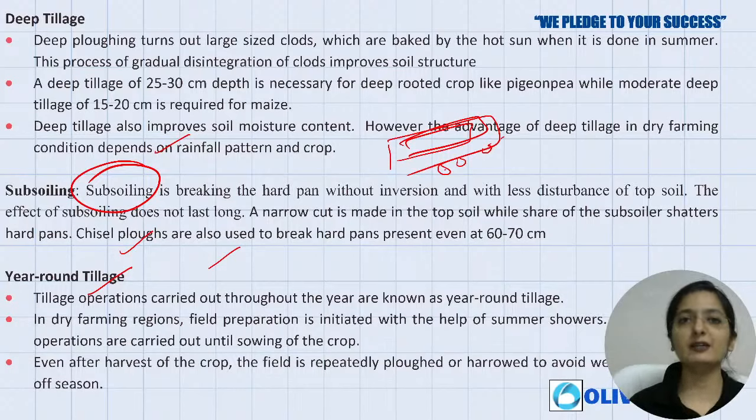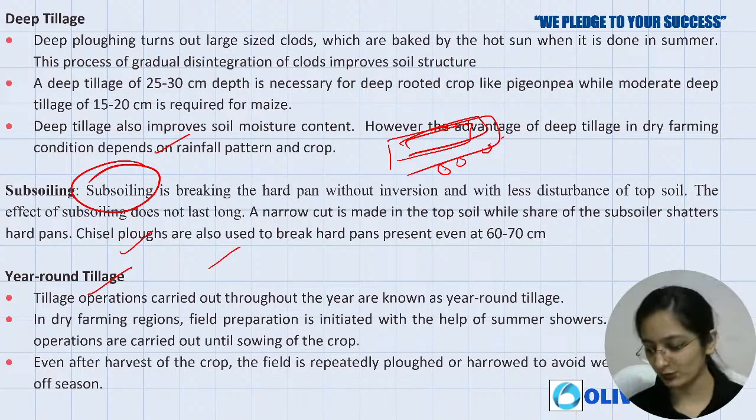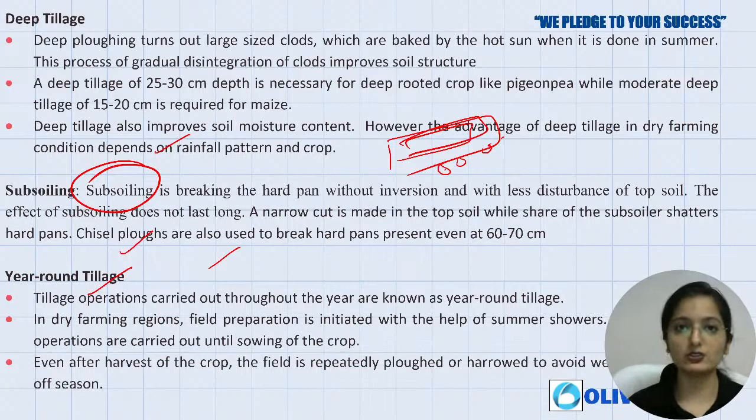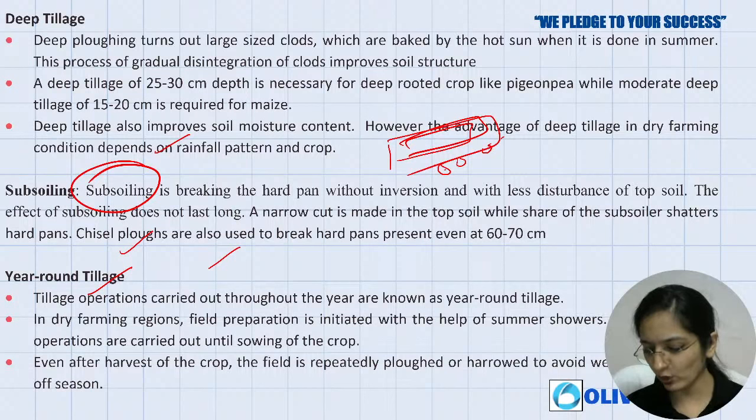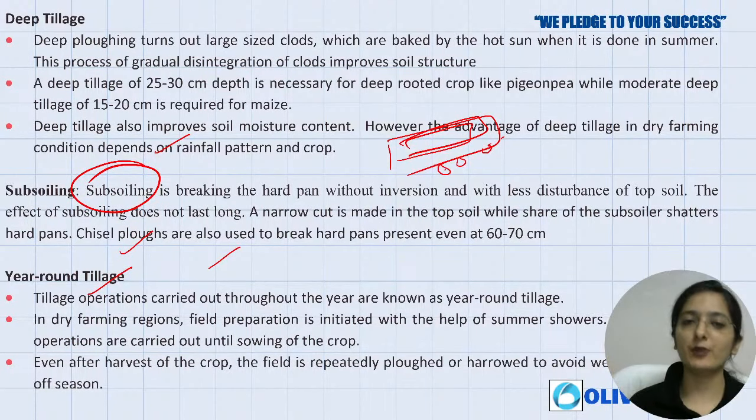Now what is secondary tillage? I hope the basic sense of primary tillage is clear to you. This is what primary tillage is all about, where you have your first soil tillage after harvest by the use of plough, right? The implements that you use are just to break the soil, to open the soil. Initial soil working process, you can also refer to it as primary tillage.